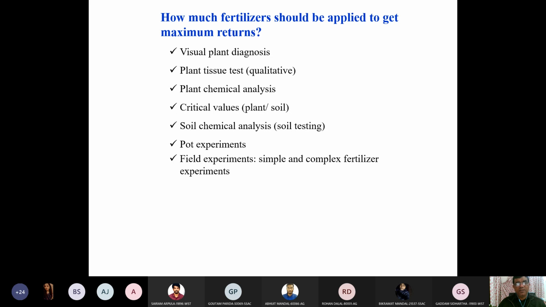Now, the question comes: what benefit can we get by finding the optimum level of fertilizer? We want the optimum level of fertilizer to increase the income, and also to reduce the pollution of the environment. So,